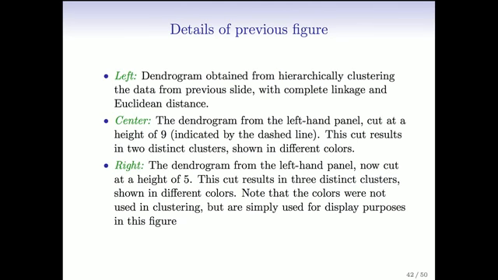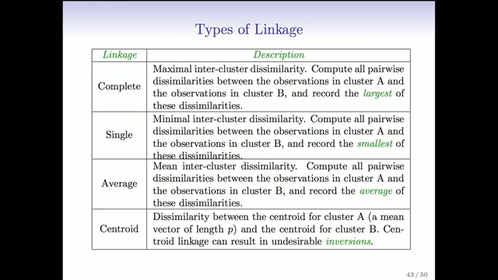Okay, so this is the details of the figure, which I have already been through. Okay, so now we talked before about how we had to decide how far apart 2 clusters were, or a point from a cluster. The linkage is what that's called. And now let's talk about the details of the choice of linkage. So on this slide, I've got the different linkages: complete, single, average, and centroid, and their definitions. But I think it'd be easier to go to a blank slide, and I'll have my Khan Academy moment and show you just in pictures what these